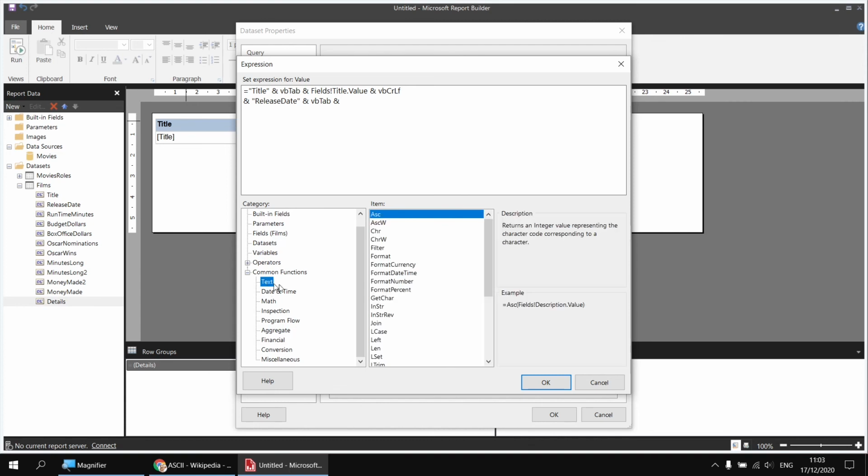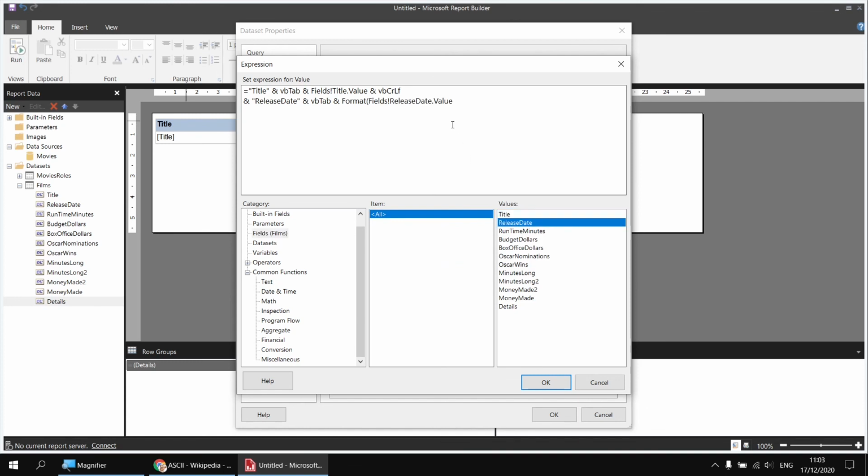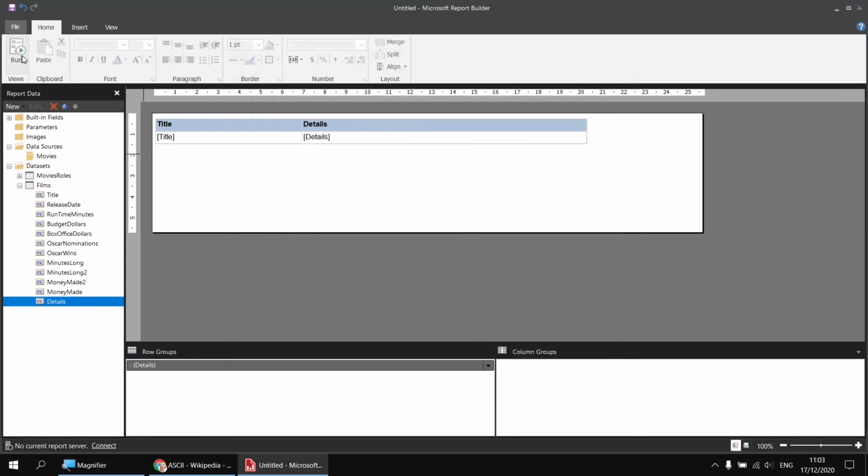We haven't done this for working with dates and times yet, so I'm going to use the format function and then reference the release date column, followed by a comma, and then in some double quotes I can type in my date format string. So let's go for 4 lowercase d's, that will give me the full name of the day of the week, and then a space followed by a single lowercase d, that will give me the number of the day of the month, and another space, 4 uppercase m's, which will give me the full month name, and another space, and then 4 lowercase y's for the year. I can close the double quotes and close the round brackets, hit OK a couple of times, run the report,